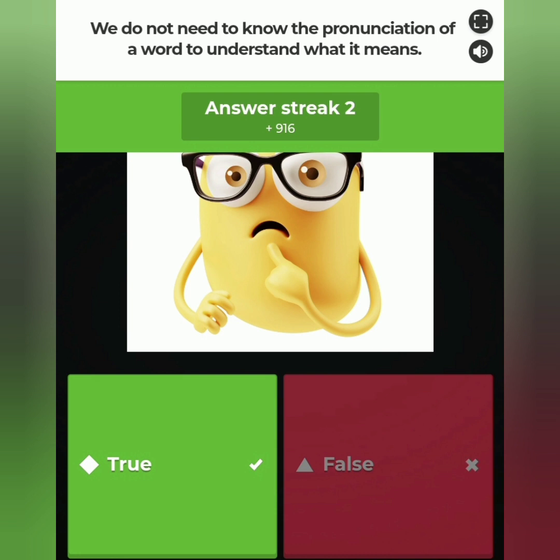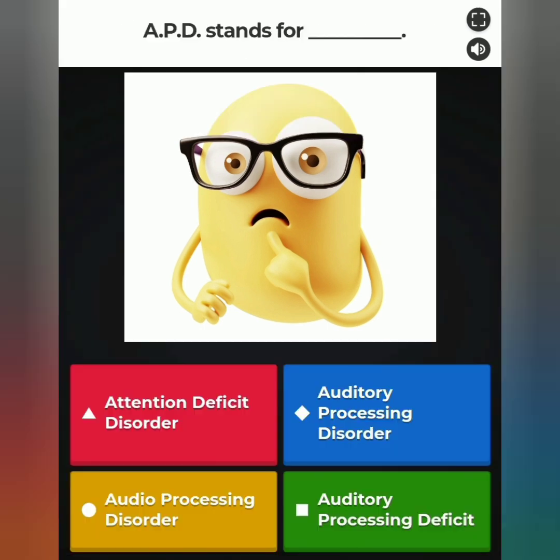Once more, we don't need to know the pronunciation of a word to understand what it means, but it is good for us to know the pronunciation of the word as well. That way it can become a part of our aural vocabulary and our oral vocabulary. Question 3. APD stands for